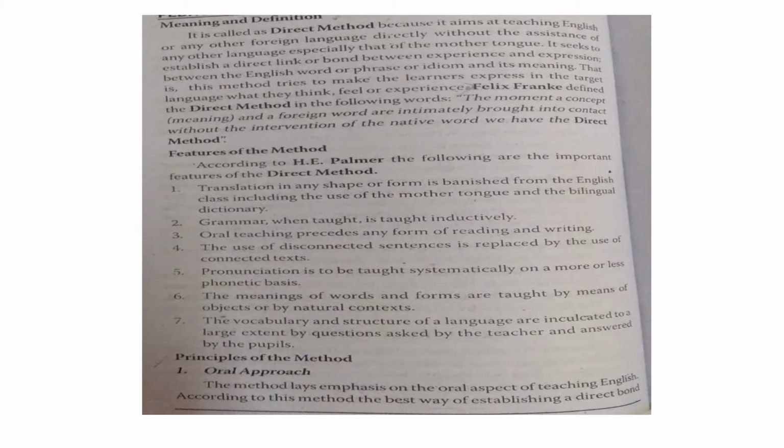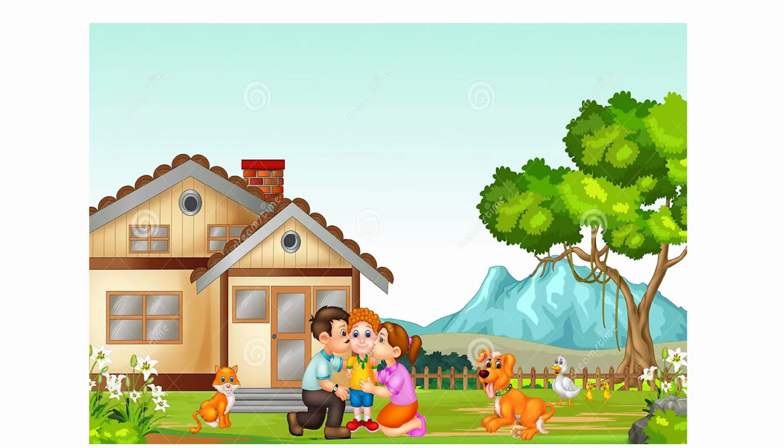And next one is the oral approach. Listening and speaking come under the oral approach. Hearing before speaking, speaking before reading, reading before writing is the oral approach. As student teachers, you have to show pictures and charts in the classroom. For example, a picture in which a house is shown with a tree in the background, birds near the house, the cat away from the house, and a dog in front of the house. The teacher has to proceed with this orally.